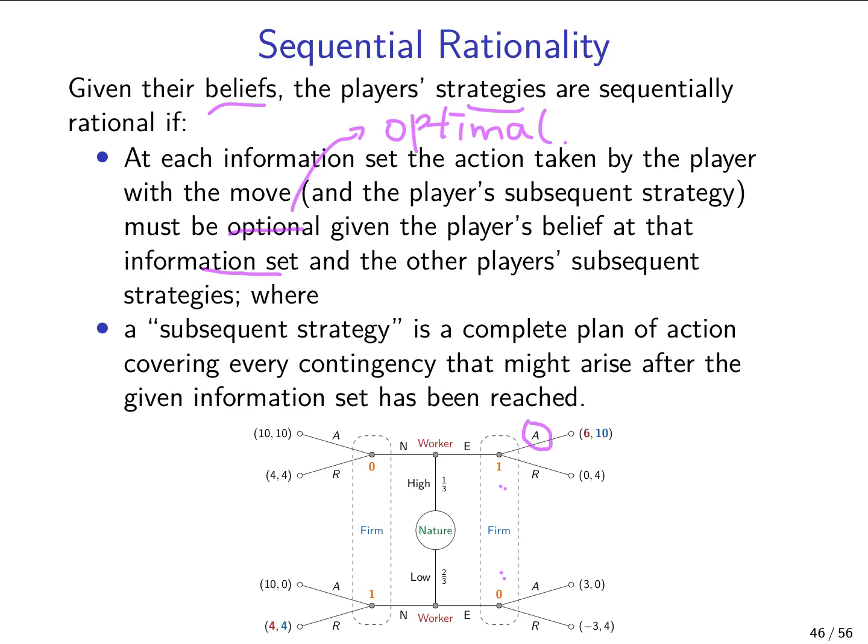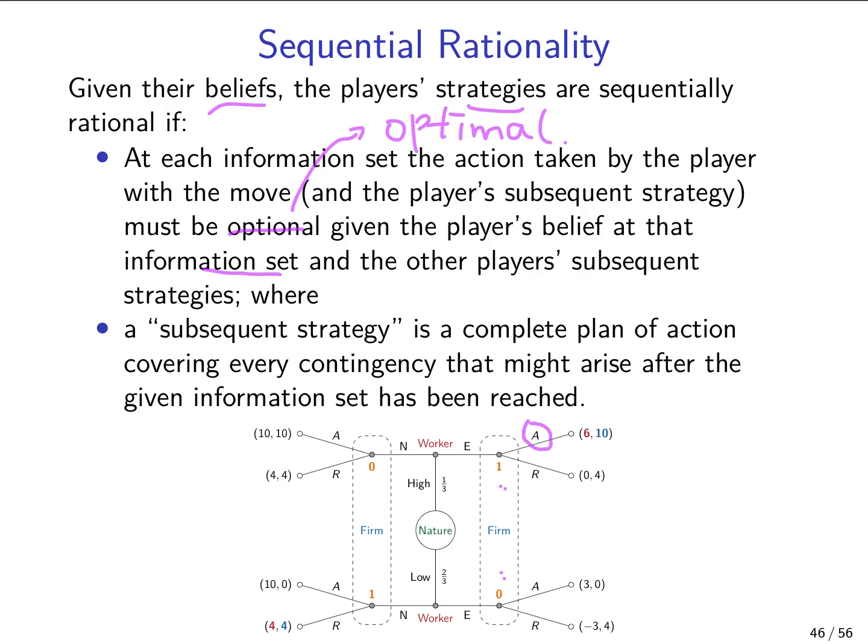The strategic plan of the firm, which is to hire a worker as an analyst if it is an educated worker, and hire a worker as a receptionist if it's not an educated worker. Okay? That would be sequentially rational